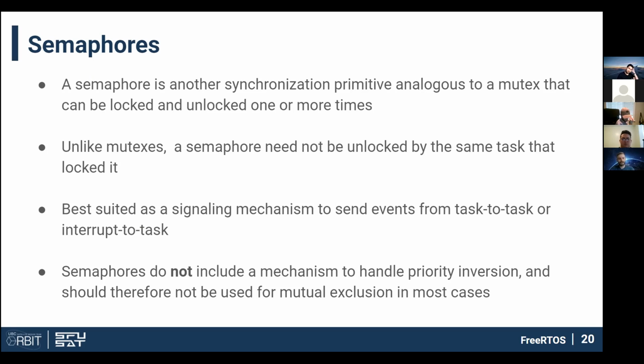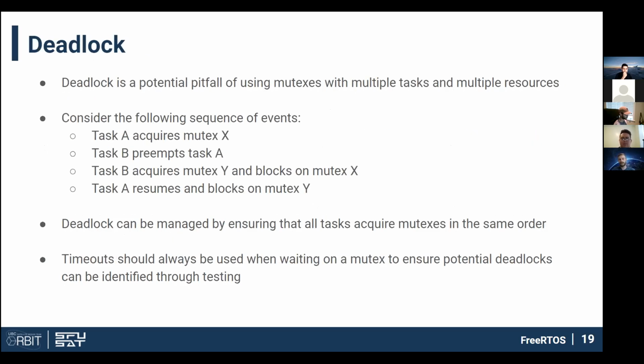So a semaphore is generally better suited as a signaling mechanism rather than for mutual exclusion, right? One subtle difference is that semaphores can be locked and unlocked from different tasks. It doesn't have to be unlocked by the same task that locks it. And another key difference, specifically in FreeRTOS, is that a semaphore has no way of handling priority inversion. It doesn't have a priority inheritance mechanism. So if you were to use a semaphore like a mutex, you could encounter this situation, but there would be no priority inheritance mechanism to solve it. So the deadline of task B would be very severely impacted.